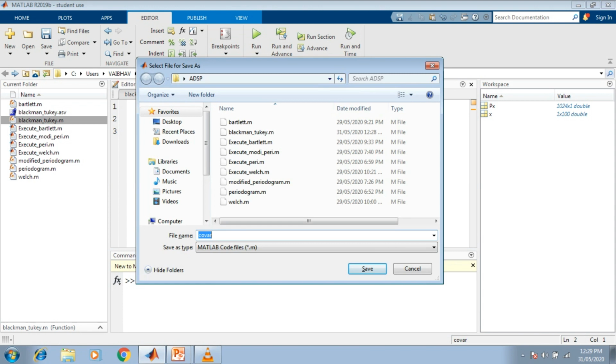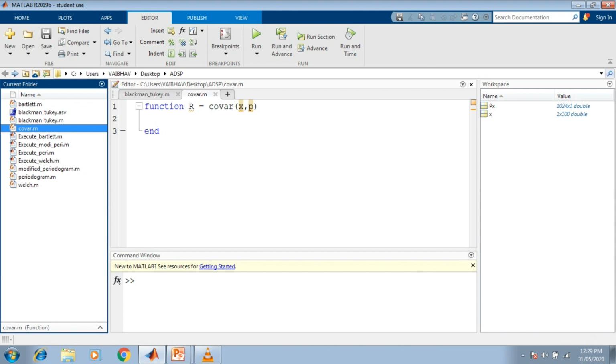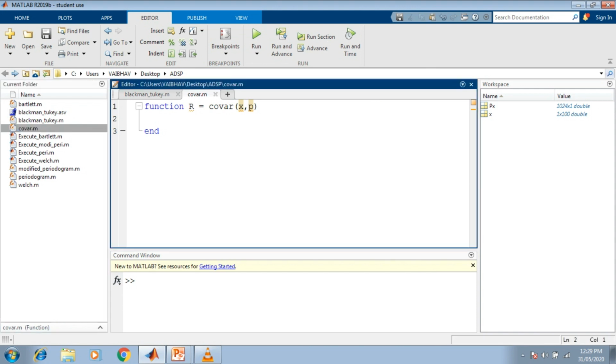We save it with the name covar. So covar.m is the file name that has been generated in the current directory, and the name has appeared on the tab window of this editor. Now, as in the previous function, we accept the input of the discrete time random process with all the samples that have been provided.